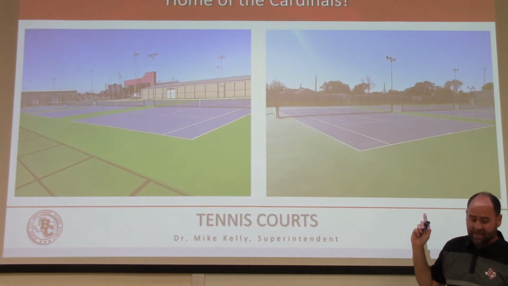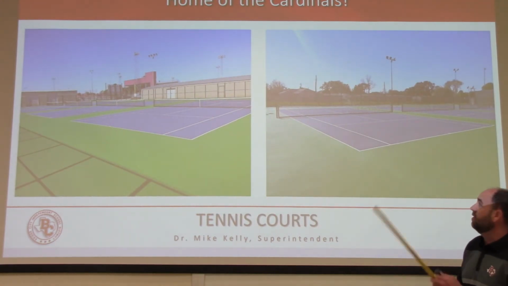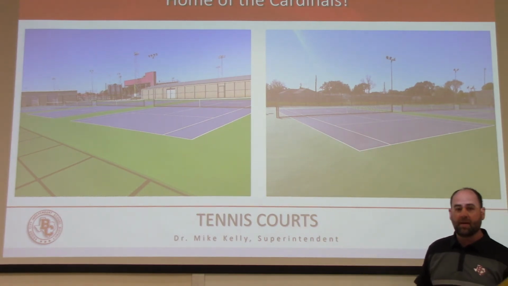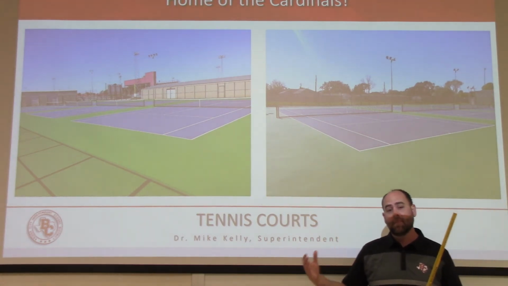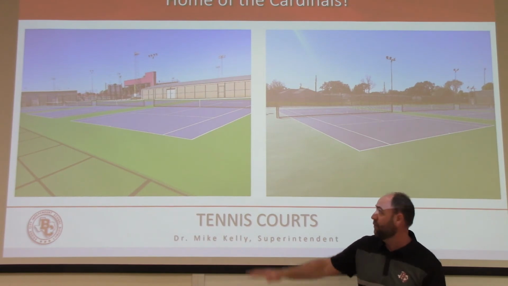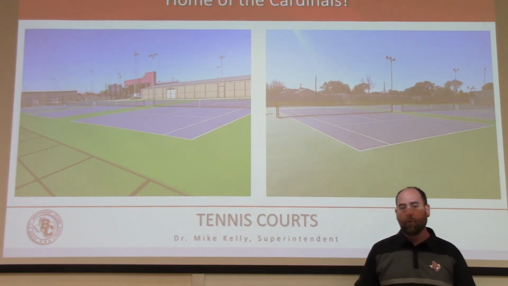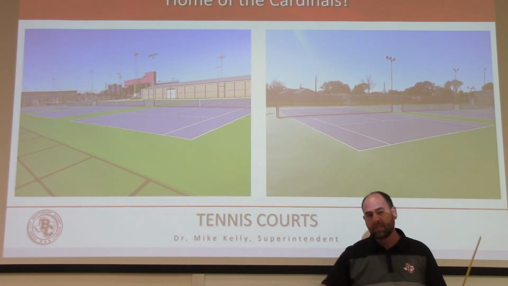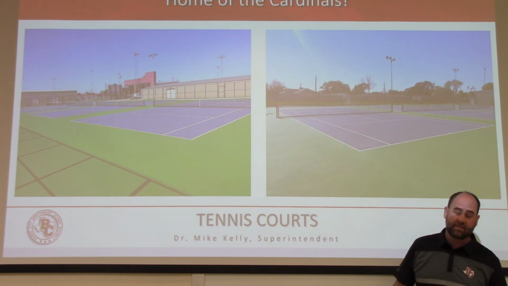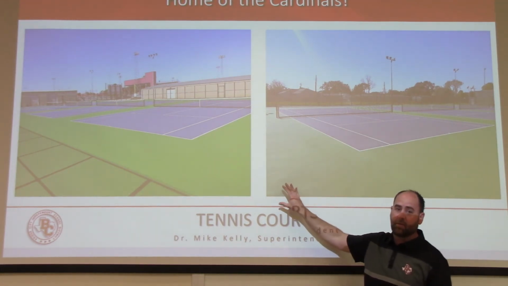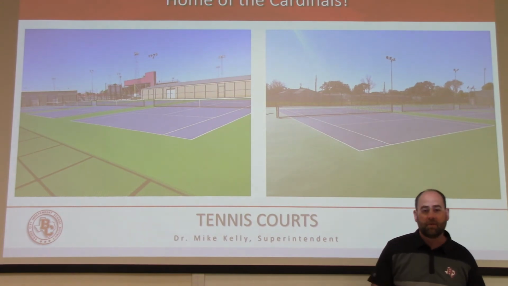These pictures were taken yesterday. These are our brand new tennis courts, 4 tennis courts that we built, and again, we used a maintenance tax note, because we used to have 4 tennis courts sitting here that were in terrible, terrible shape. We pulled those up and put 4 brand new ones down. So we didn't add anything to it, so we were able to use a maintenance tax note. So again, that maintenance tax note is going to these extracurricular renovations, but also to the interior renovations at the elementary campus.